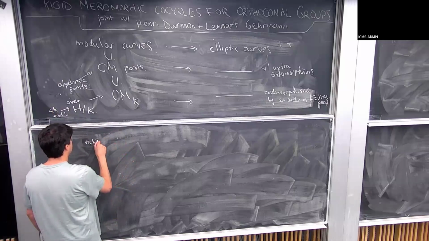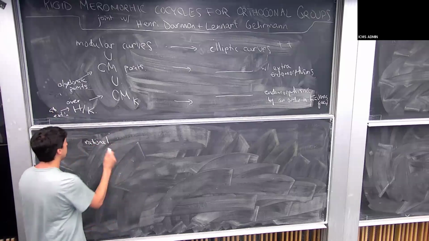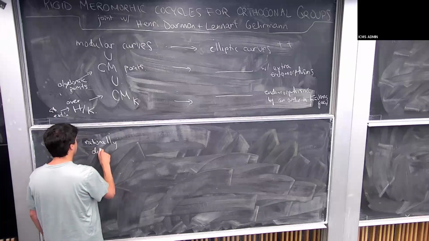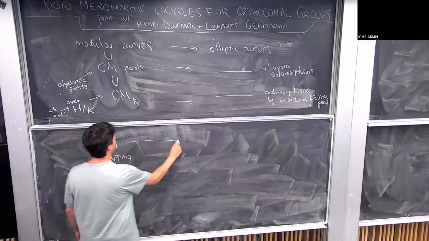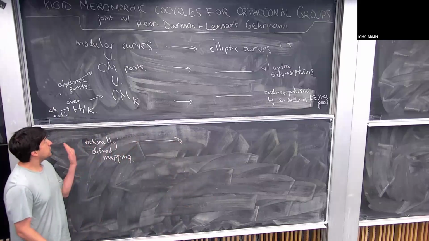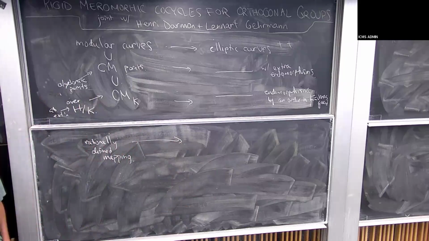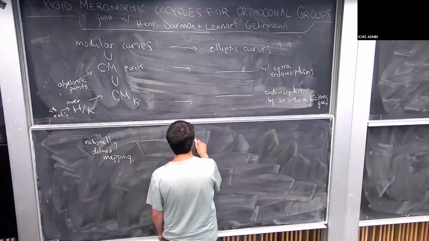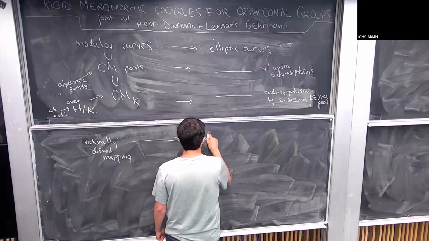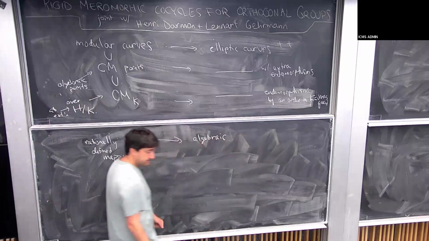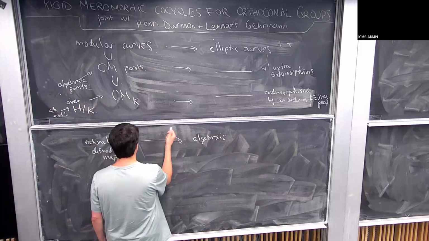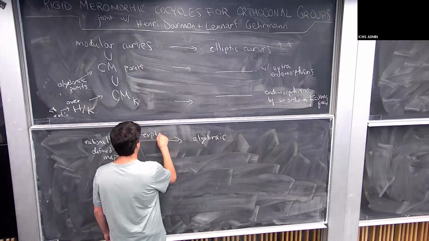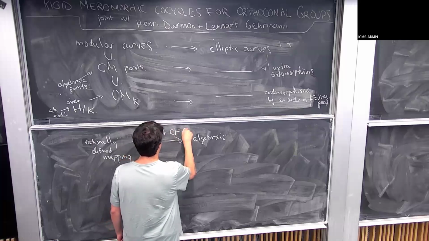And in the arithmetic of modular curves, often where the rubber really meets the road is when you have some rationally defined mapping, and you apply that mapping to your collection of CM points, and you get algebraic results. So some examples of this, which may be familiar, would be